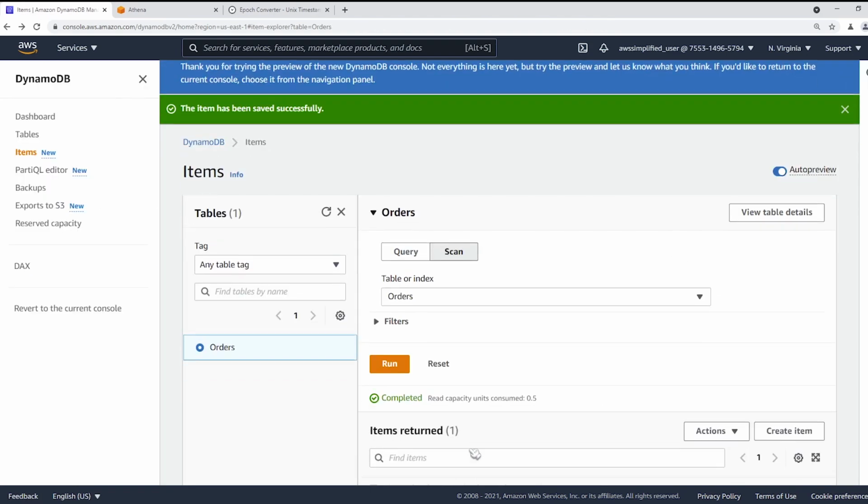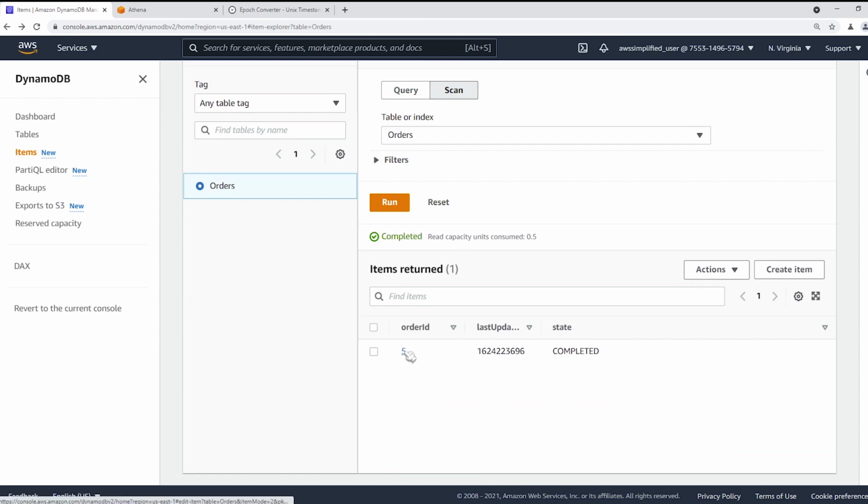So now, when you clicked that, everything is flowing between all the systems. The stream is connected to the Lambda function. The Lambda function is taking that change event. It's putting that to Firehose. Firehose is going to wait up to a minute now until all the data is present. And then it's going to put to S3. And then automatically our Athena is going to be able to query that new data that exists in S3 without us having to do anything. So I'm just going to fast forward this really quick.